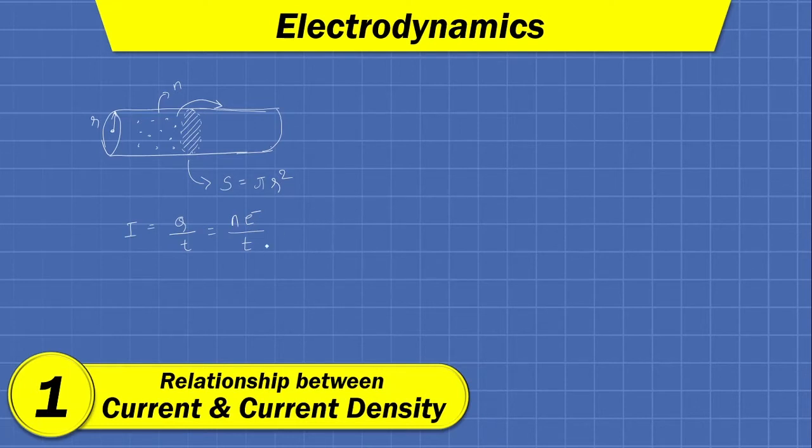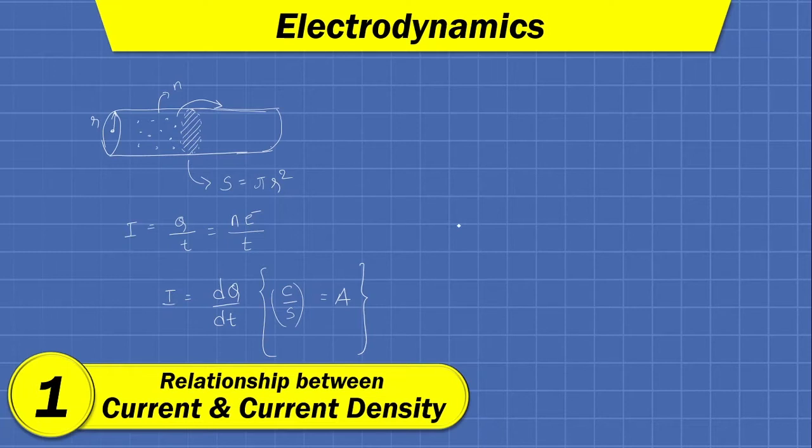In another way, we can also define current as dq by dt, that is the differentiation of total charge passing through the conductor with respect to time. Fine. So we can say that the unit of current must be coulomb per second, because the unit of charge is coulomb and the unit of time is second. In SI unit, it is defined as ampere. So we can represent the current in any conductor or any medium by coulomb per second or in amperes.